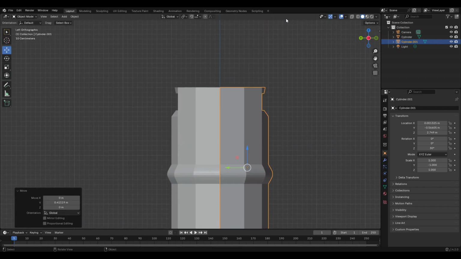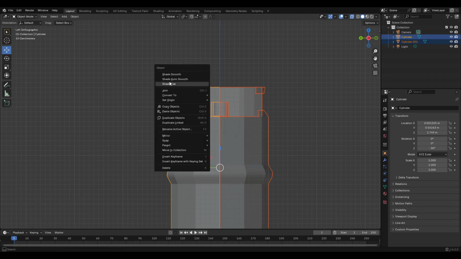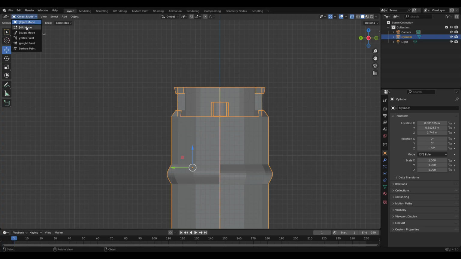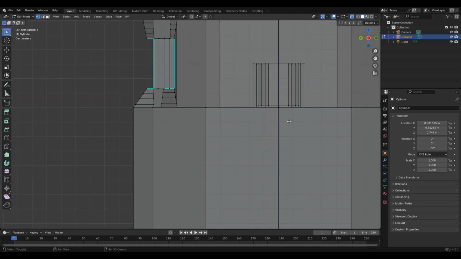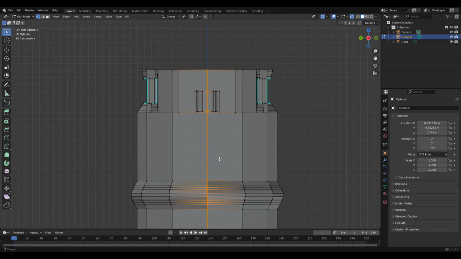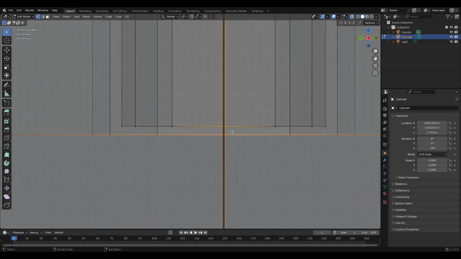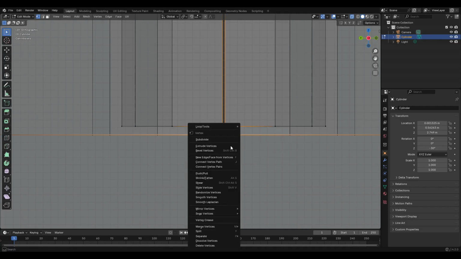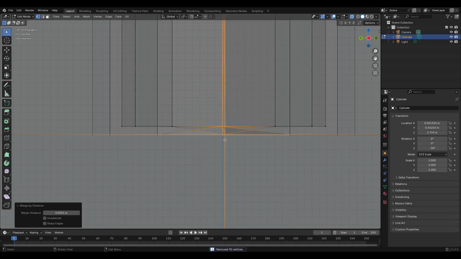Now, we'll go into X-ray mode. Select our two objects. Join. Now, edit mode. We're going to select all of our vertices along this little line. Now this is maybe a little tricky because we don't want to select all the wrong ones. There we go. And now you can see the little separation here. So we're going to right click, merge vertices by distance, and